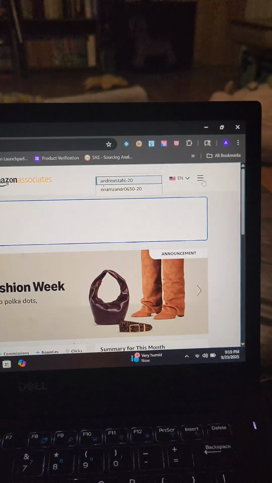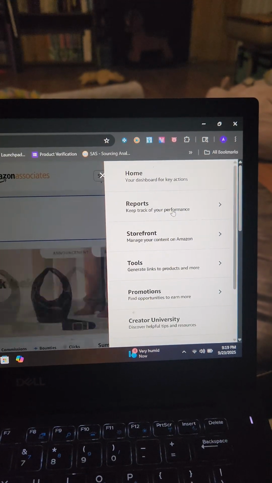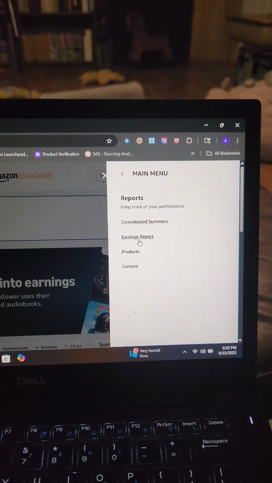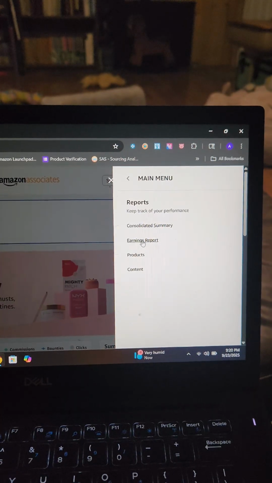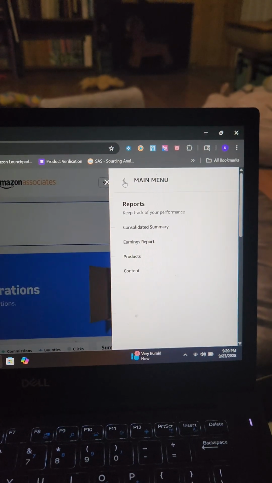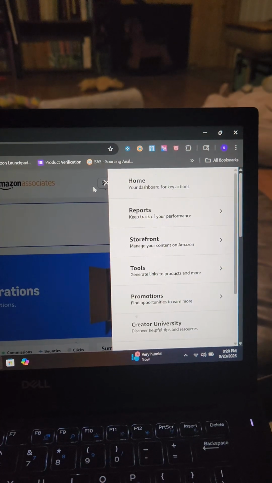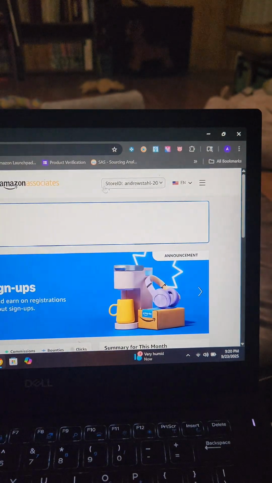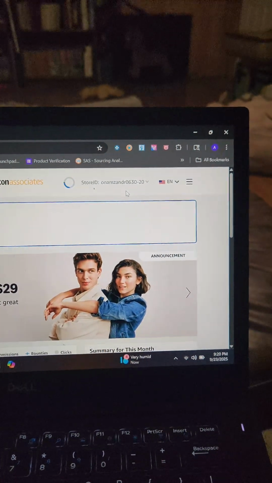And to see those things, you're going to come over here and look at your reports. You're going to click reports, and I usually like to look at earnings report. Consolidated summary is okay, but I just like to look at this because it breaks things down more. So that's how you're going to toggle around those things. This is what it looks like whenever you're on your off-site storefront. If we click over to our on-site,